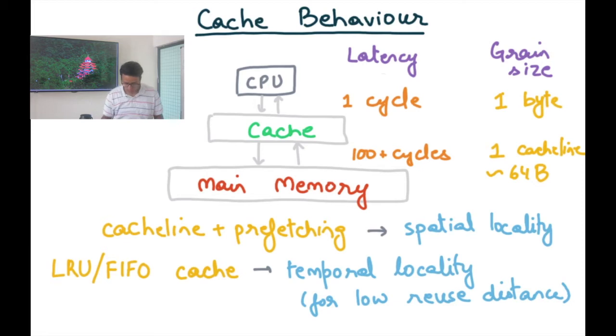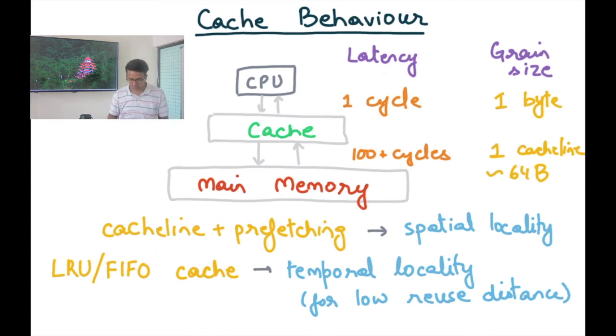All right, so what are some characteristics of this cache hierarchy subsystem? First of all, this whole idea of using a cache line that's bigger than a single byte, a larger grain size of, let's say, 64 bytes or larger, and some prefetching also. So in fact, at this interface between cache and main memory, there is some intelligence built into the hardware, which says that, oh, if there's been an access of this type, then start prefetching addresses that follow that, all right?